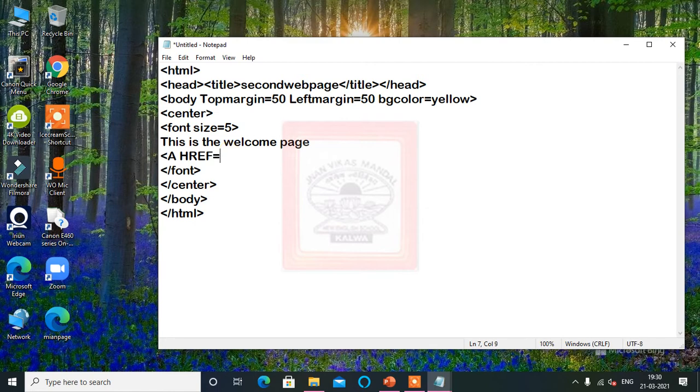href equal to the main page. If we just want to go back to the main page, we can do it from here.